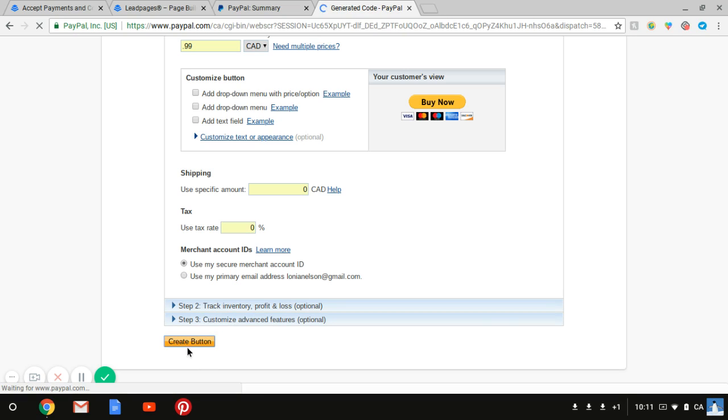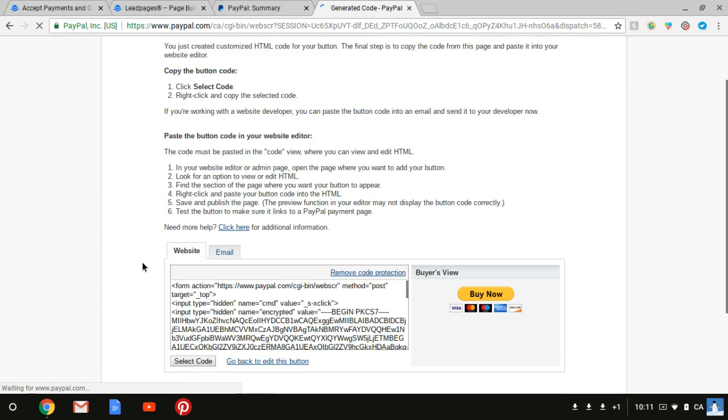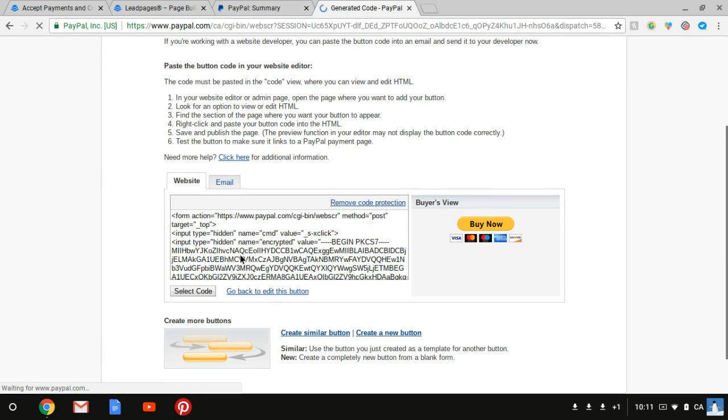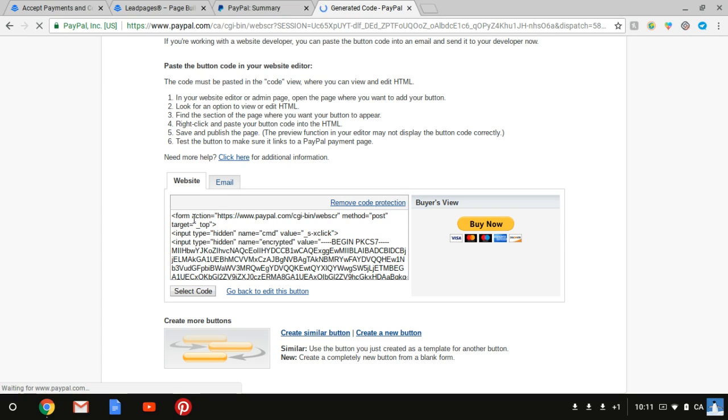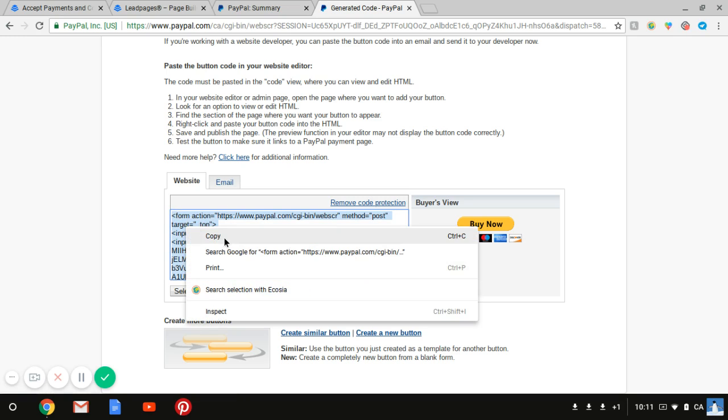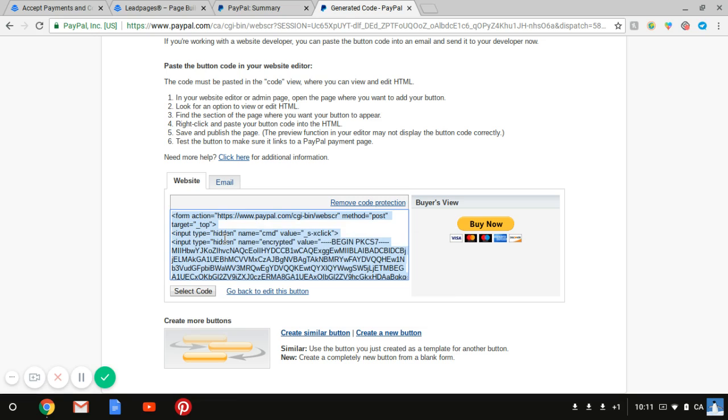Now just go ahead, click that create button there. Now this is everything that you're going to need, and you're going to need that code in full. So all you have to do is just double click, get it all highlighted, copy that. And just so you know, this is what your buyer will see. Don't be worried, they're not going to be seeing all this code and